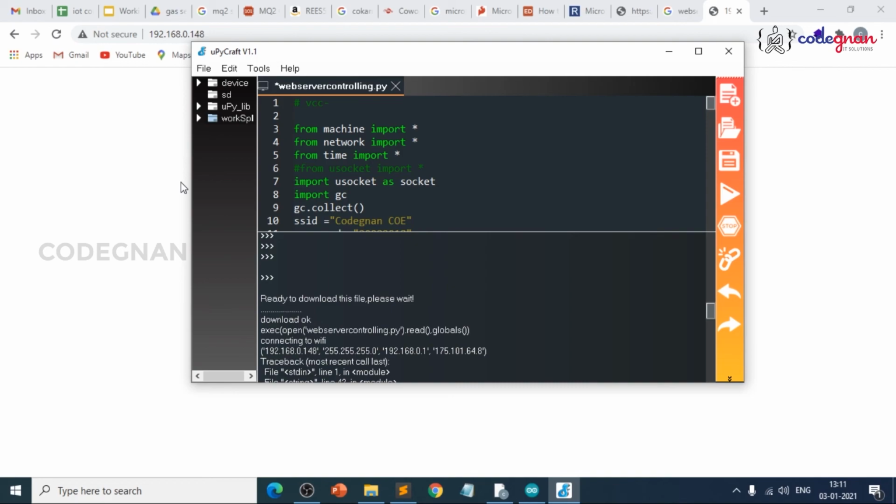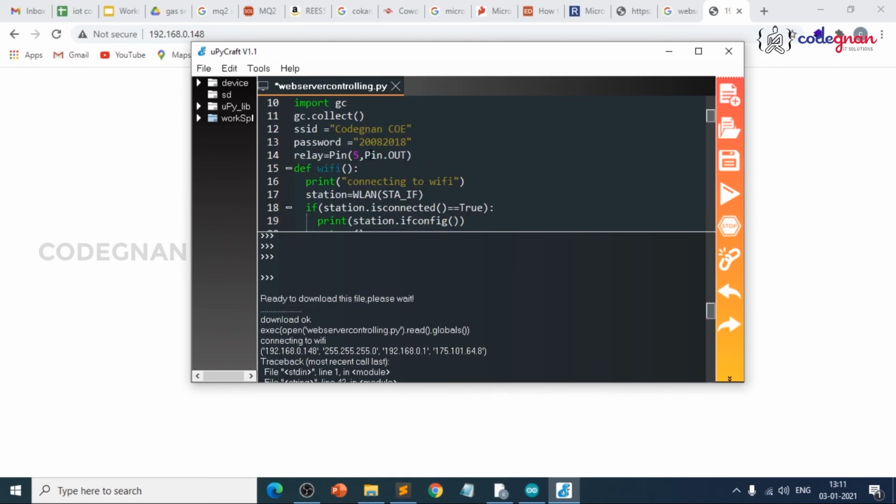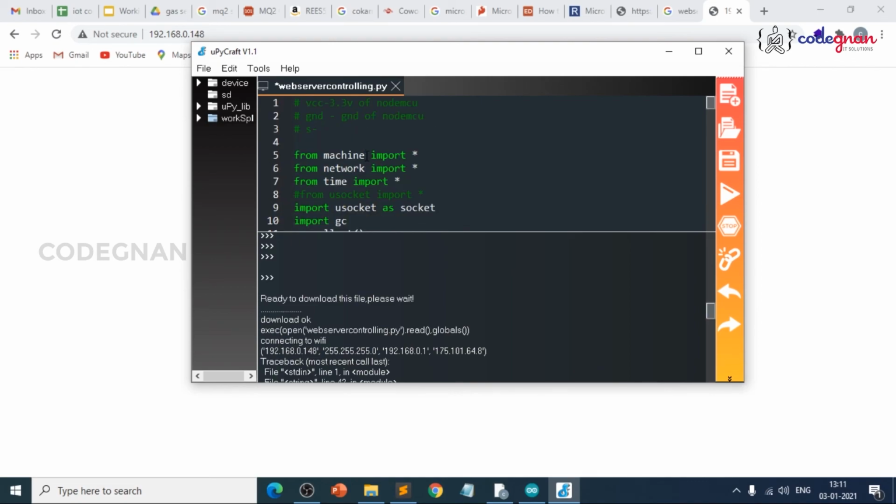VCC of relay is connected to 3.3V of NodeMCU, and ground is connected to ground of NodeMCU, and data pin is connected to this signal. S pin is connected to, which we have mentioned here, pin number 5, which is D2.